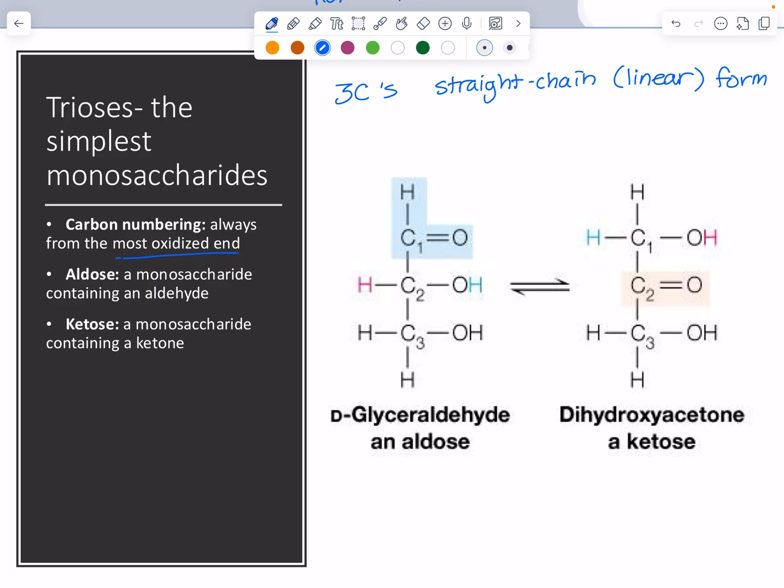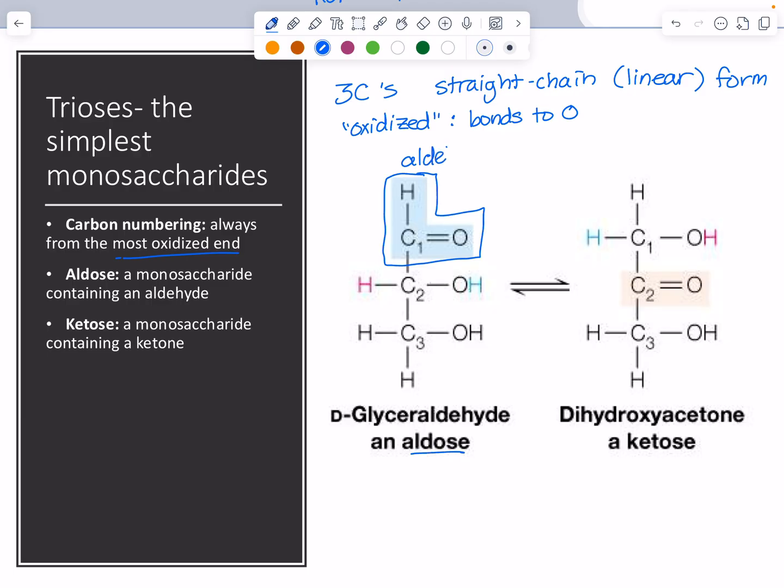Remember that our definition of oxidized in biochemistry has patterns that repeat: look for the most bonds to oxygen, and you'll find your most oxidized end. In this case, we have D-glyceraldehyde, which is an aldose